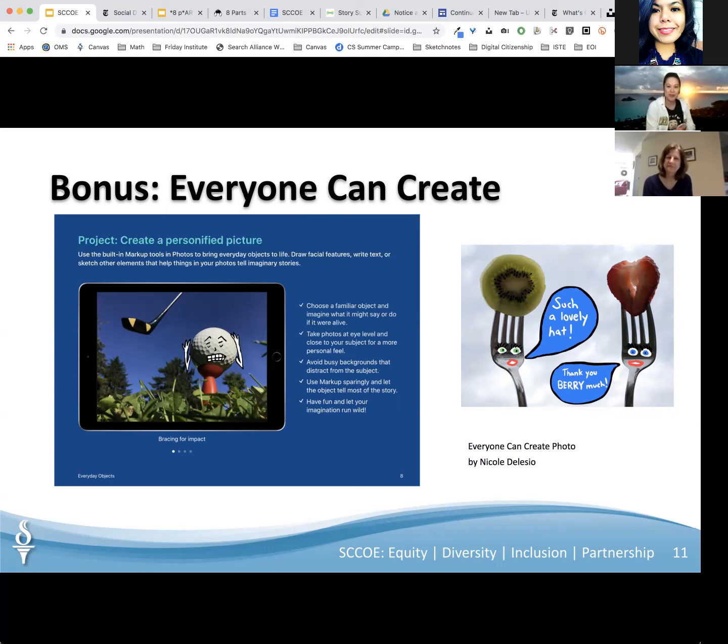This was created for the iPad, but you can do it on anything now. Google Drive. This is just a create a personified picture. So those are a couple of examples, and we are going to get into some really creative ideas coming up